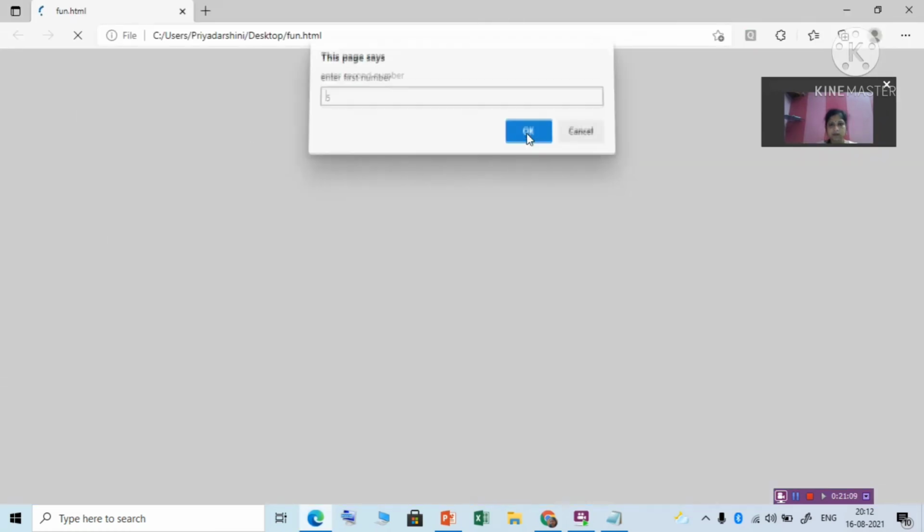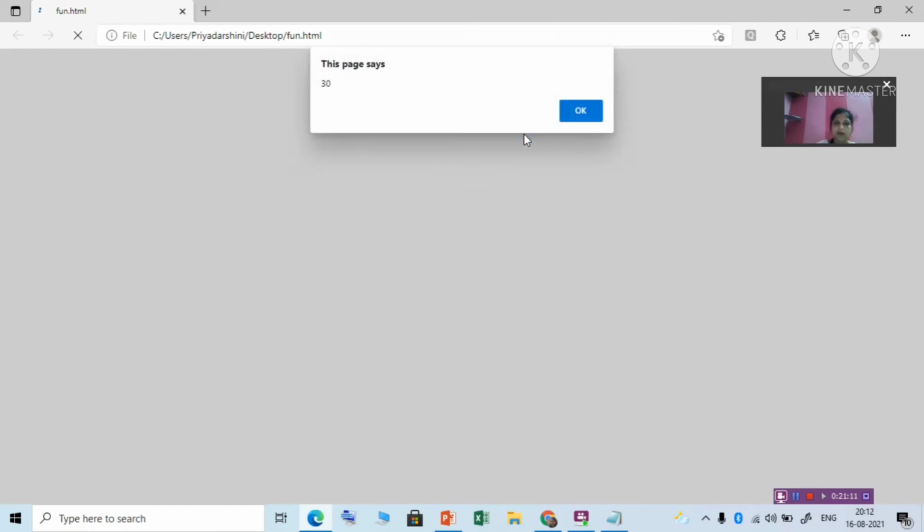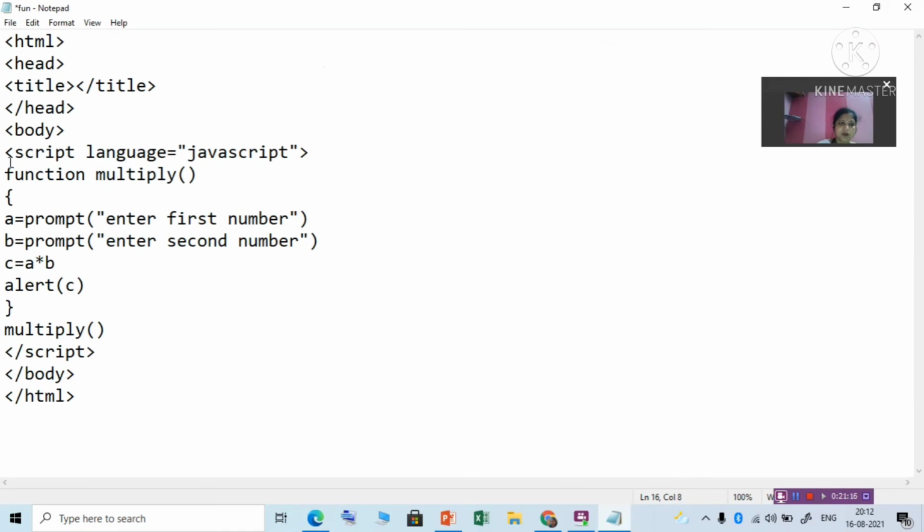Give the number and you got the result. So this way you can write a function, a small program. This is a user defined function. You can define your own function, what this function will do, just like this function will multiply two numbers.